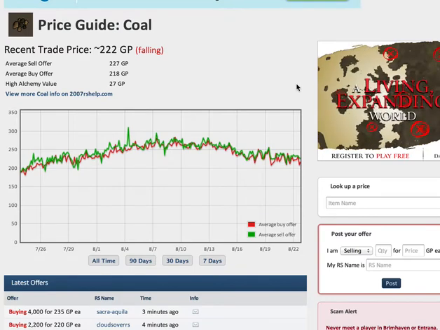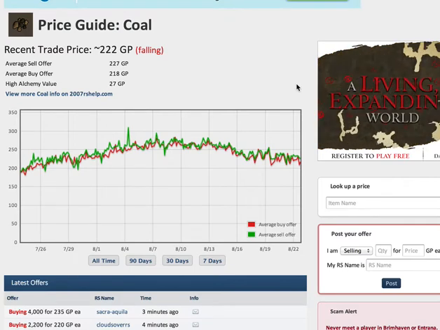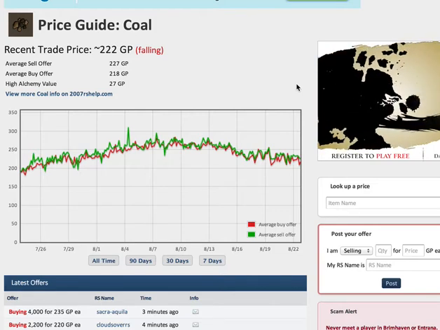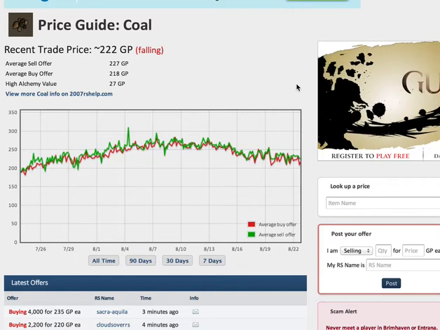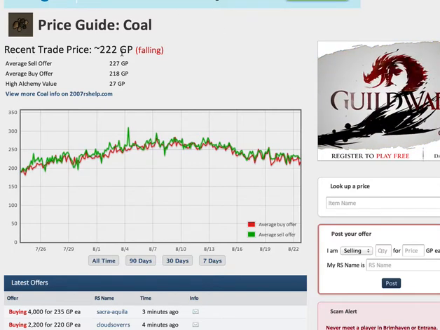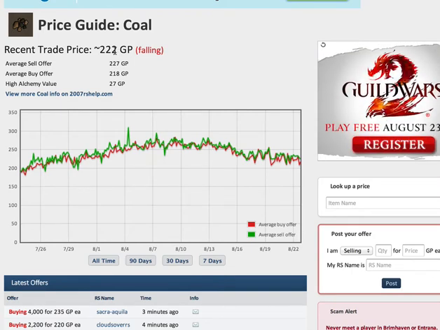This time, how to correctly determine the price of an item on Zybez. Unfortunately, what I'm noticing a lot of people doing is looking at this recent trade price value and using that to determine the actual price of an item. And this recent trade price value is usually completely incorrect, and you should ignore it like I do all the time